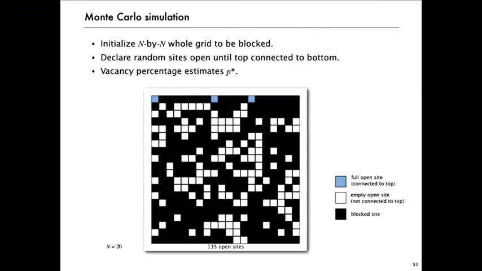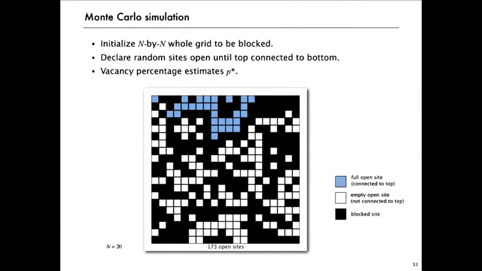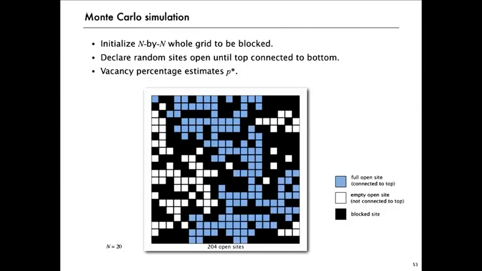So what we're going to run is a so-called Monte Carlo simulation, where we initialize the whole grid to be blocked, all black, and then we randomly fill in open sites. And we keep going. Every time we add an open site, we check to see if it makes the system percolate. And we keep going until we get to a point where the system percolates. And we can show that the vacancy percentage at the time that it percolates is an estimate of this threshold